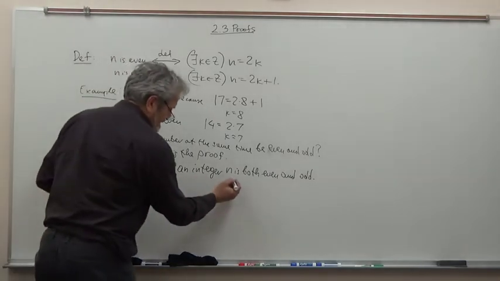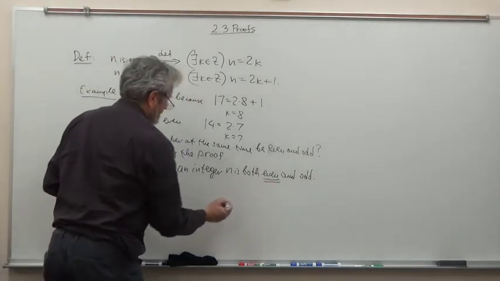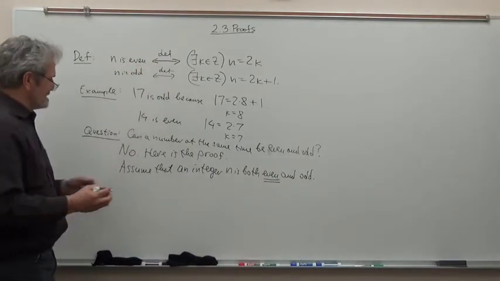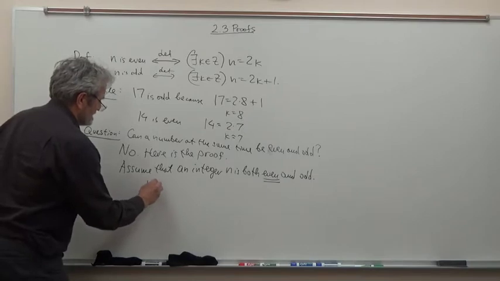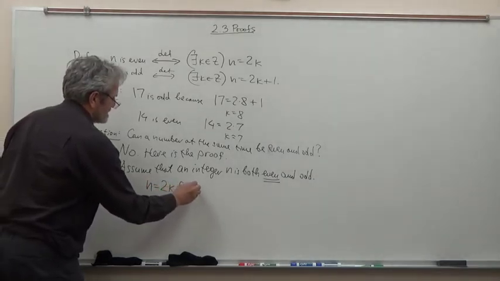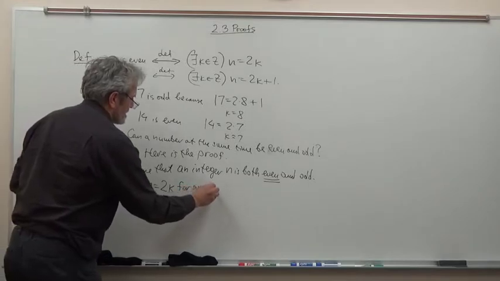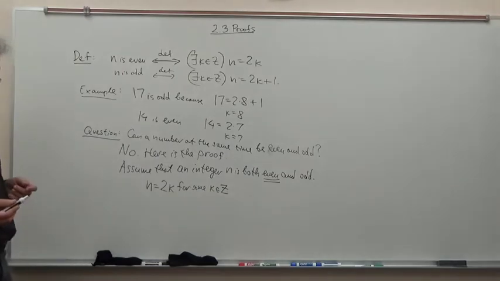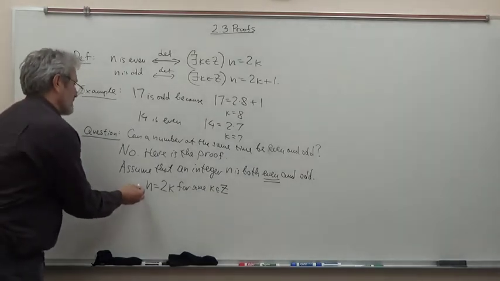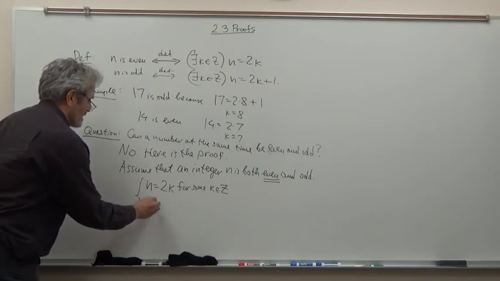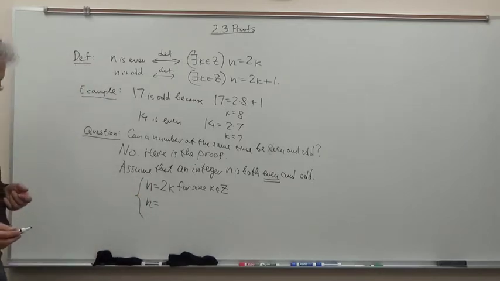The fact that n is even, according to the definition, I can translate and say that n equals 2k for some k in Z, for some integer k. But also, since n is odd, we can say n is also equal to